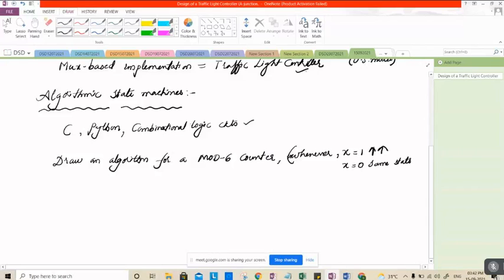And after the final state, in the final state,